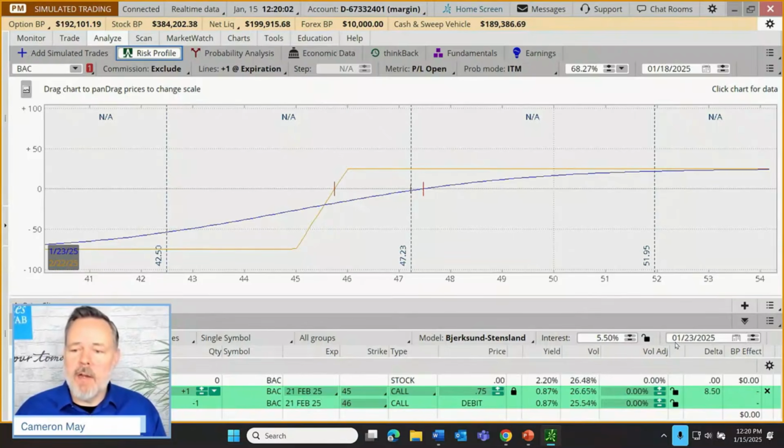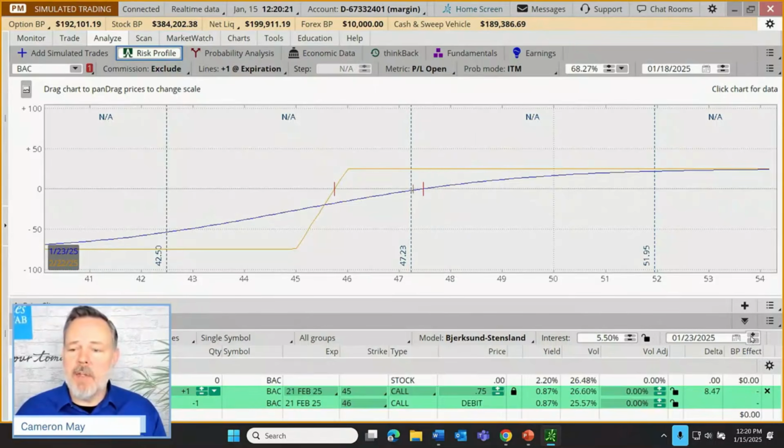So yeah, what the trader can do here, if they just like to see profit or loss for today, they can default to today's date, just like Bob proposed. Or if they have a question about a future date, they can choose that future date anytime between now and the expiration of the planned trade.